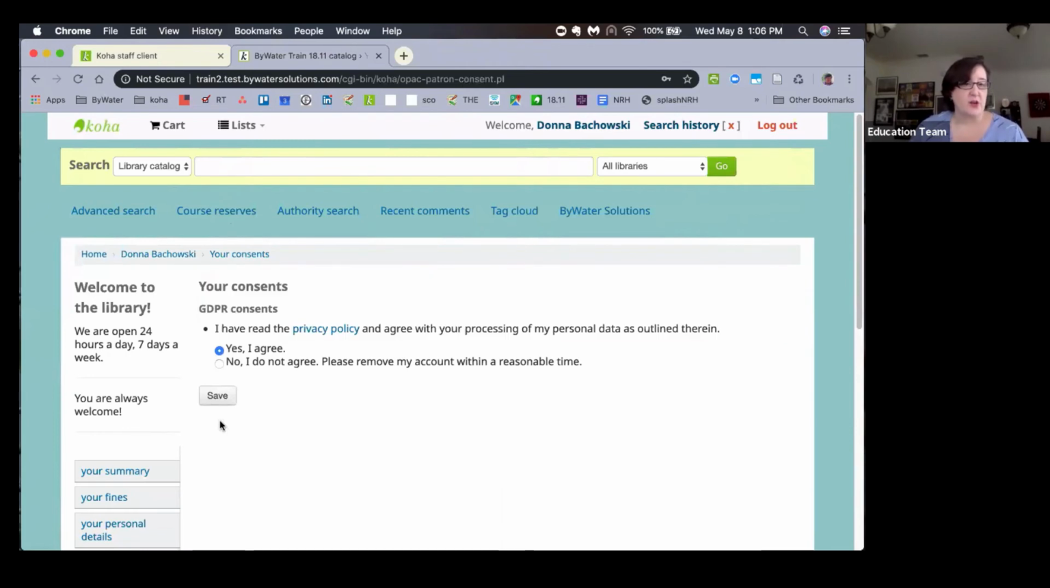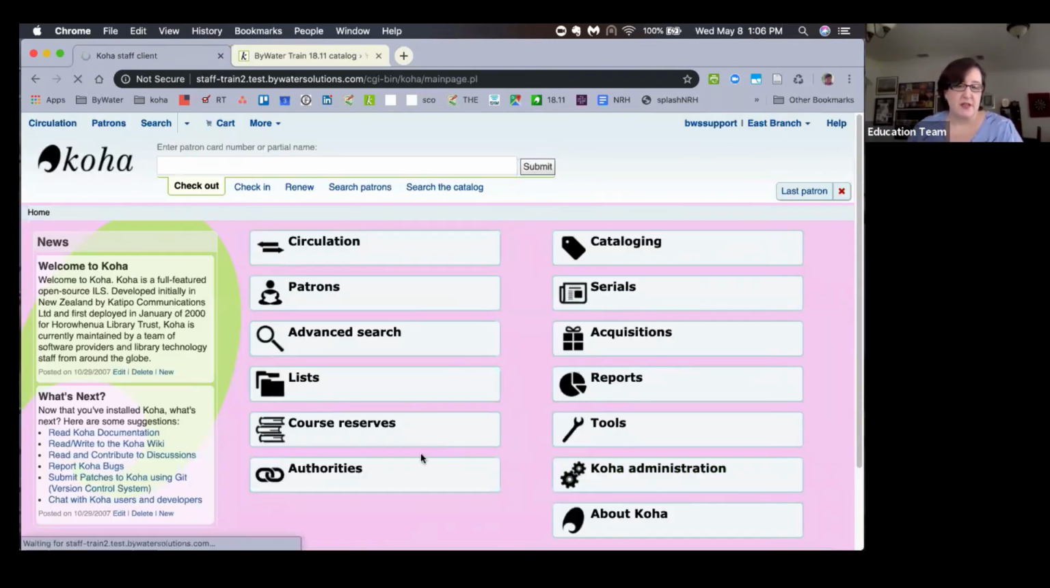And so I'm going to go ahead and agree. It's going to go ahead and save that information for me. And so from now on, when I log in, it's not going to block me. I'm going to be able to go ahead and move forward. Okay. So that's what those two GDPR ones do. And again, in your administration with your system preferences,